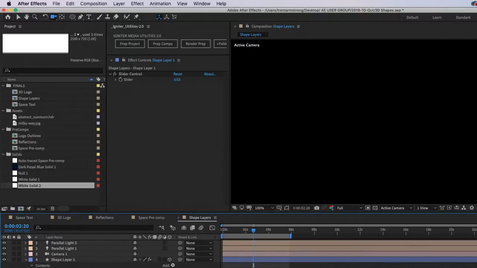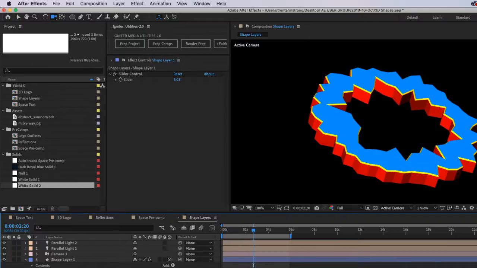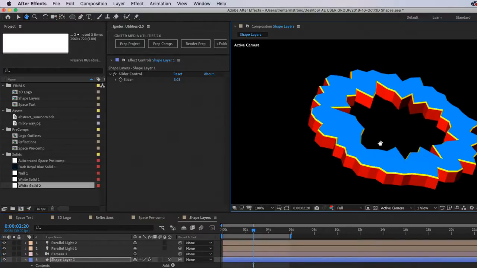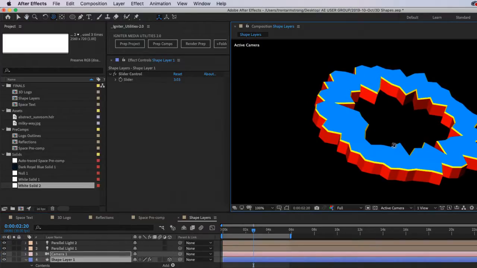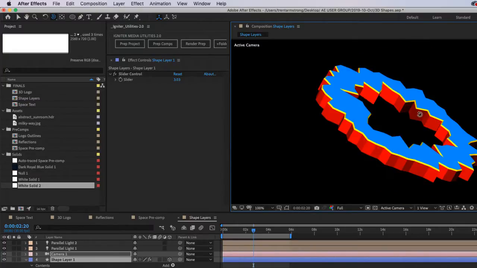And because we have the merge paths in there, we can have it grow and shrink like that.